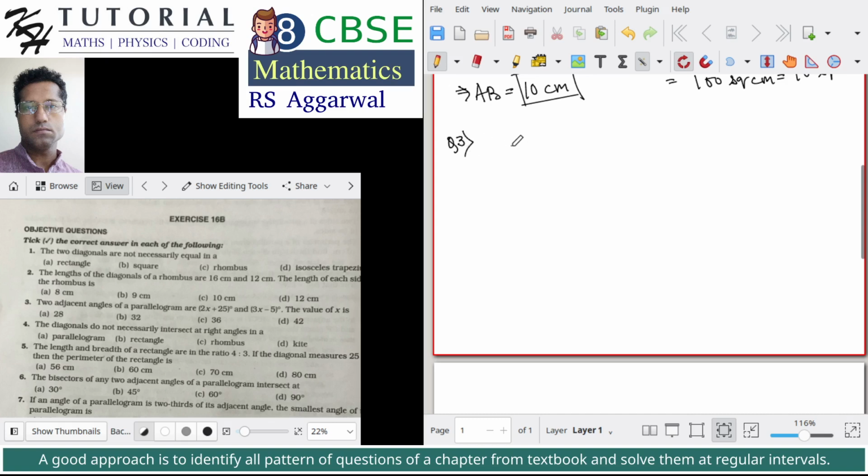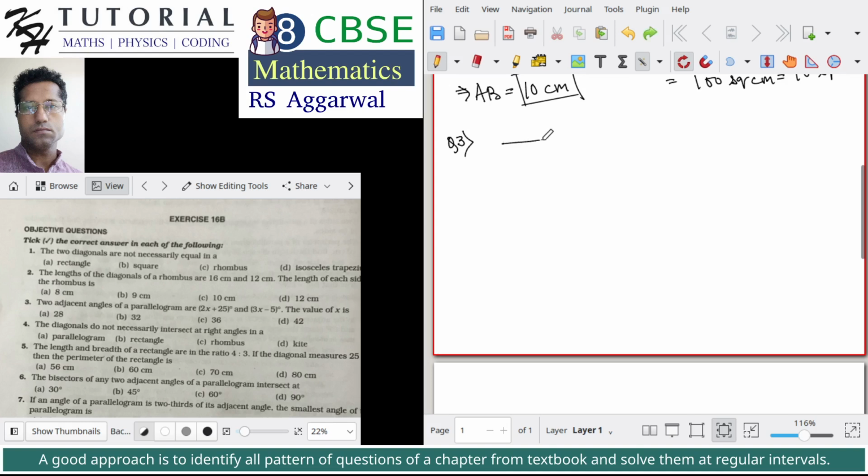The two adjacent angles of a parallelogram are 2x plus 25 degrees and 3x minus 5 degrees. The value of x is... Since any two adjacent angles of a parallelogram are supplementary, we will have 2x plus